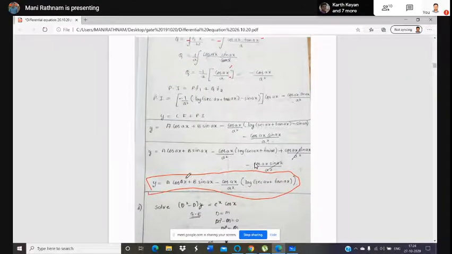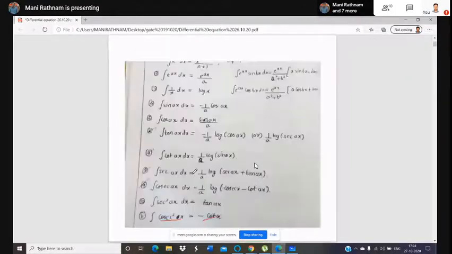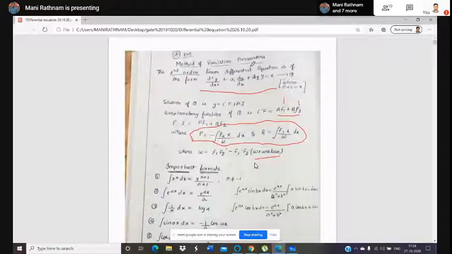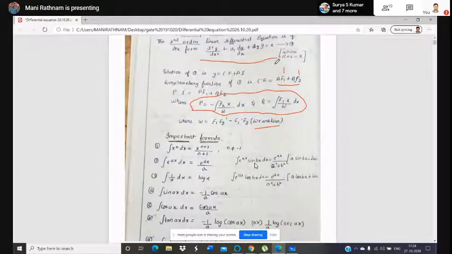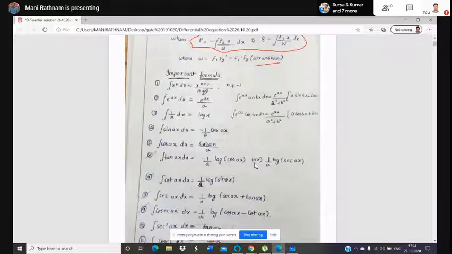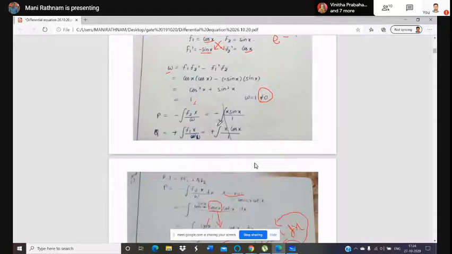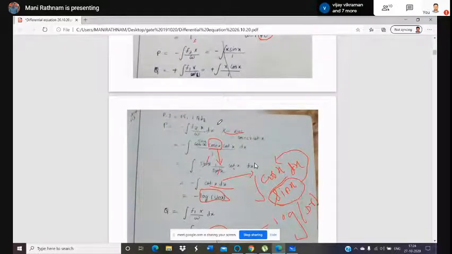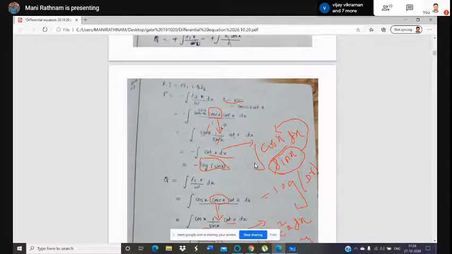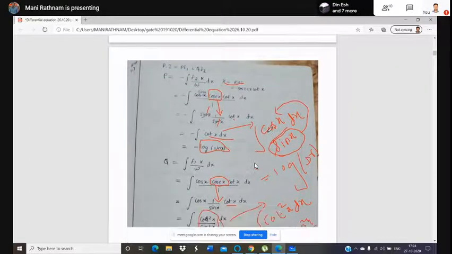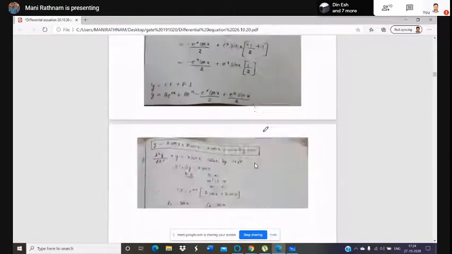So this is the concept of the method of variation of parameters. With the help of this, second order differential equations with constant coefficients, we can evaluate. So these basic formulas you should recollect to solve the differential equation. Many problems are there to solve with variation of parameters. Without using any other procedures, directly with the help of this formula you can find the solutions of the differential equation. The next topic is a very important one.